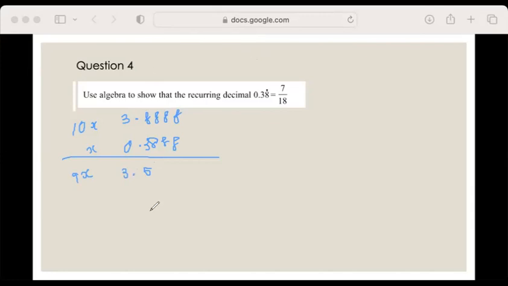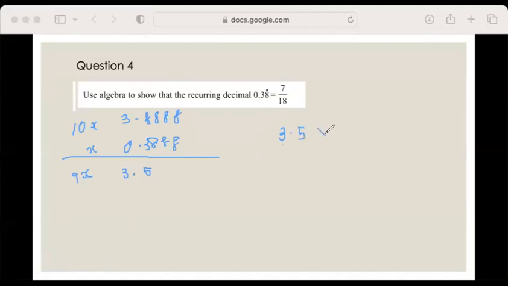All right. So 9x is equal to 3.5 here. And that means, okay, so 3.5